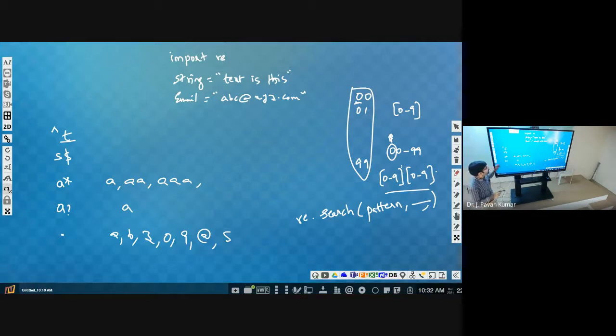Now, by using whatever we have discussed so far, we have to define a pattern against this string. Let us consider the first one.